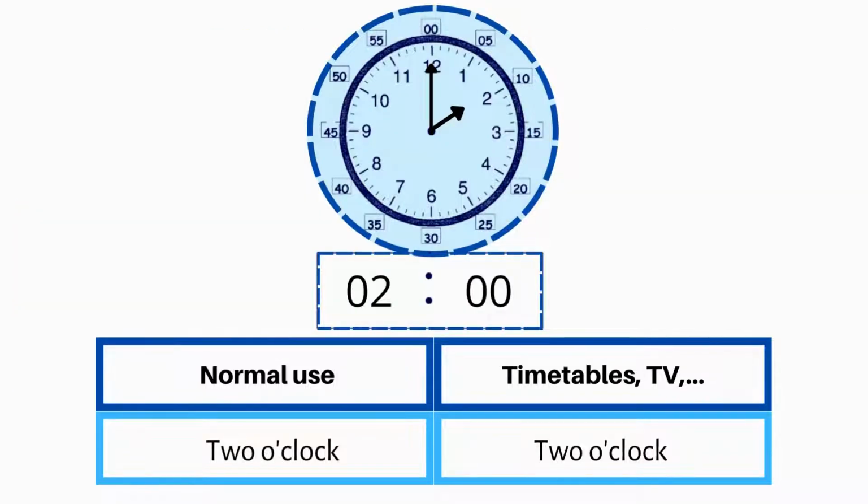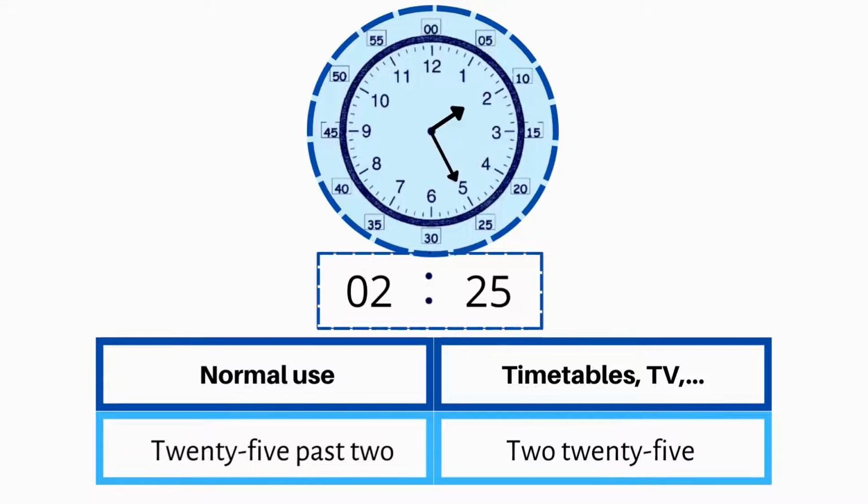2 o'clock, 5 past 2, or 2:05, 10 past 2, or 2:10, 12 past 2, or 2:12, a quarter past 2, or 2:15, 20 past 2, or 2:20, 25 past 2, or 2:25,